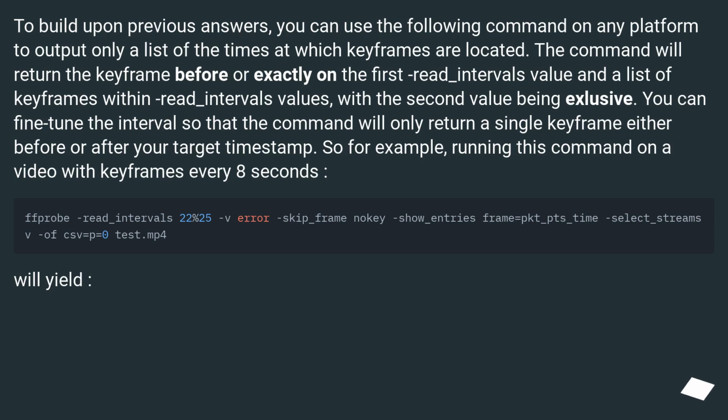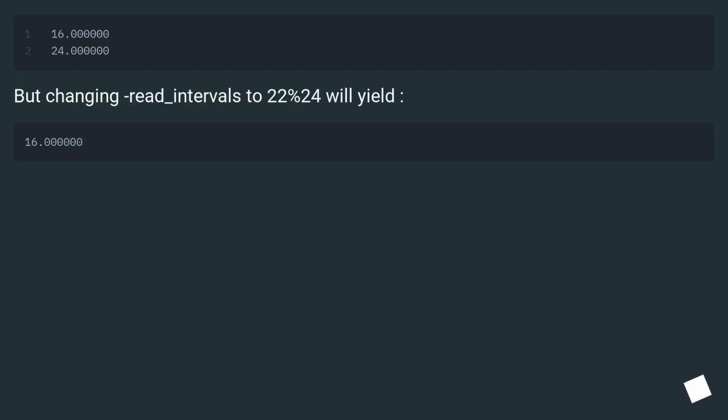You can fine-tune the interval so that the command will only return a single keyframe either before or after your target timestamp. So for example, running this command on a video with keyframes every 8 seconds will yield, but changing read_intervals to 22%+24 will yield